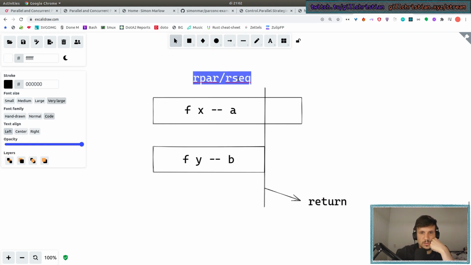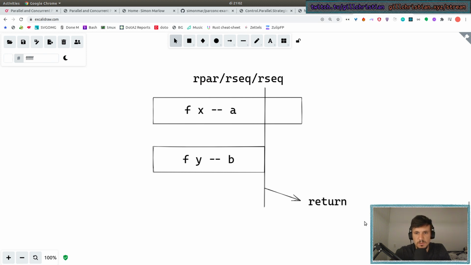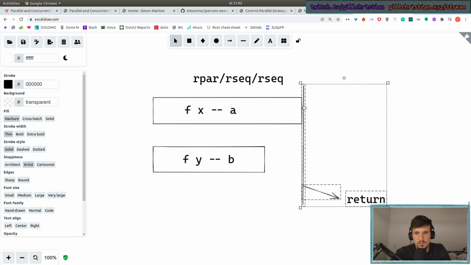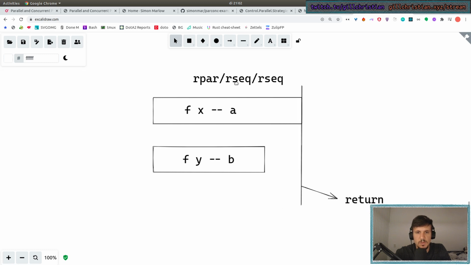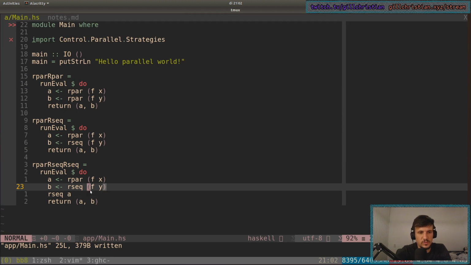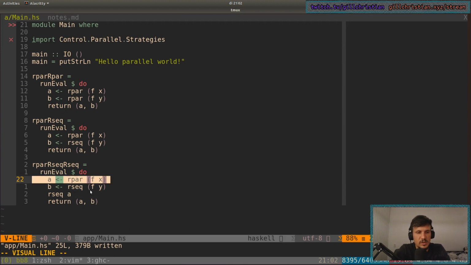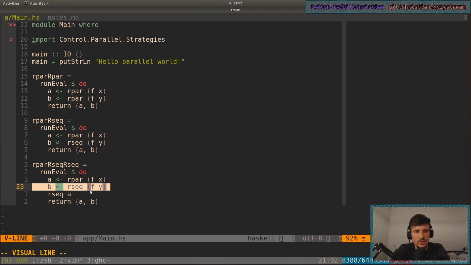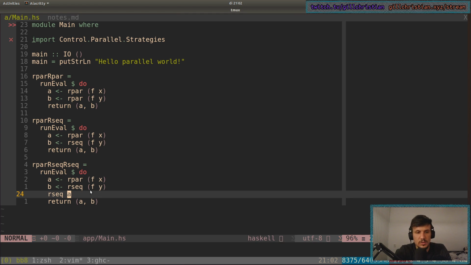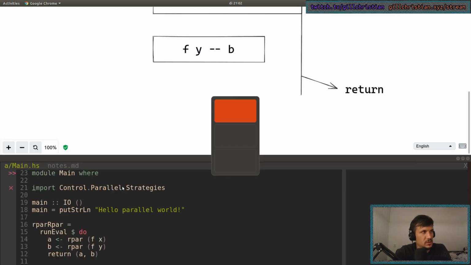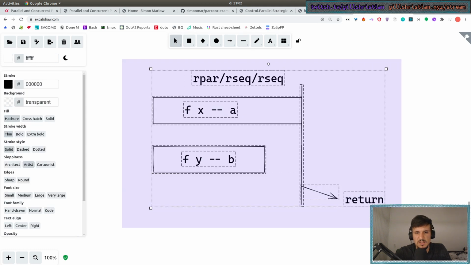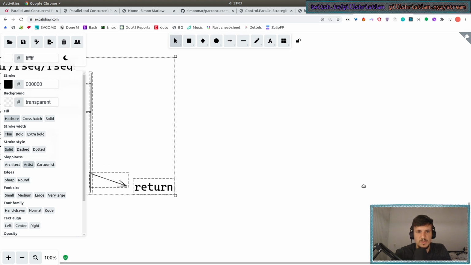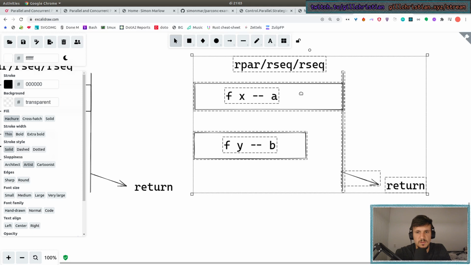Yeah. So now I guess you can guess it, but this moves line here because now we're waiting. First we wait for, sorry, this is in parallel, then we do this sequentially, wait for this one to finish, and then we wait for this one. They use RSec, yes. Now the problem here is what happens if this is actually